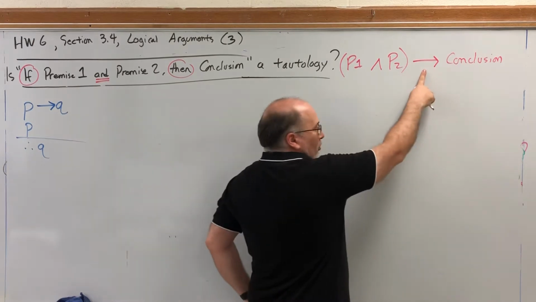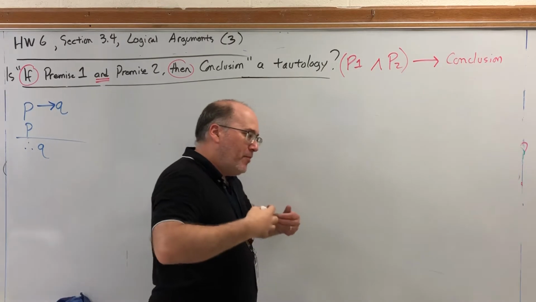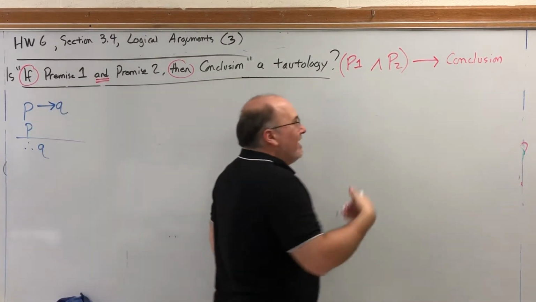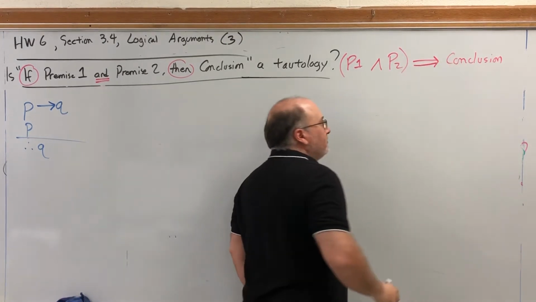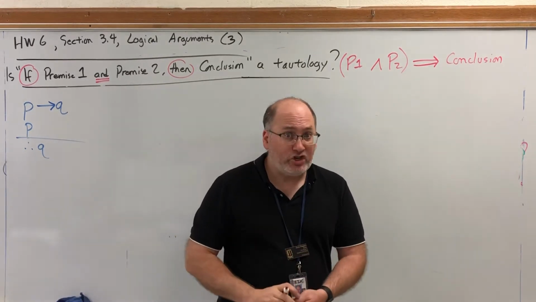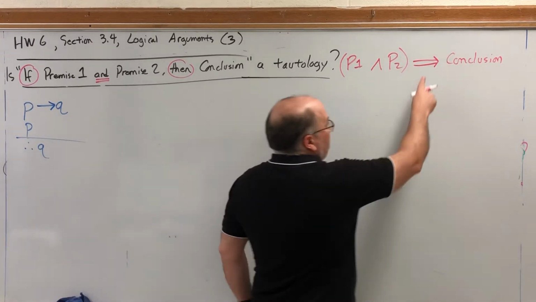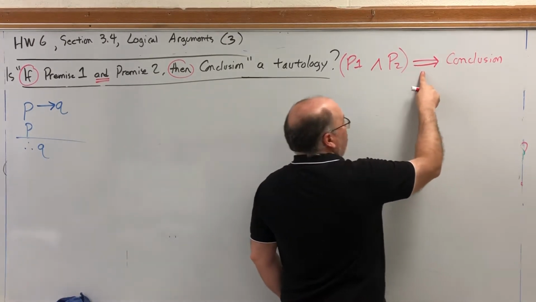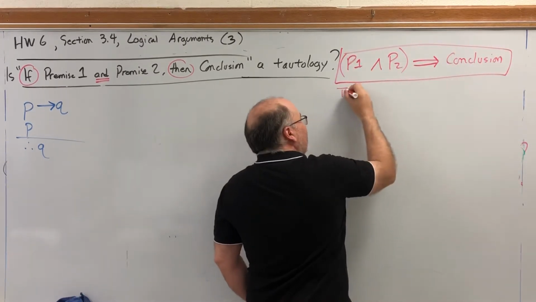Now, back to this symbol. It is a conditional, but a conditional in the middle of an argument with premises on the left and a conclusion on the right has a slightly different look. It's a double-lined arrow. It's still a conditional, and it still follows the same rules for conditional. The only time it's false is when T points to F. But in the midst of an argument, this conditional is called an implication. In fact, this entire statement is called the implication